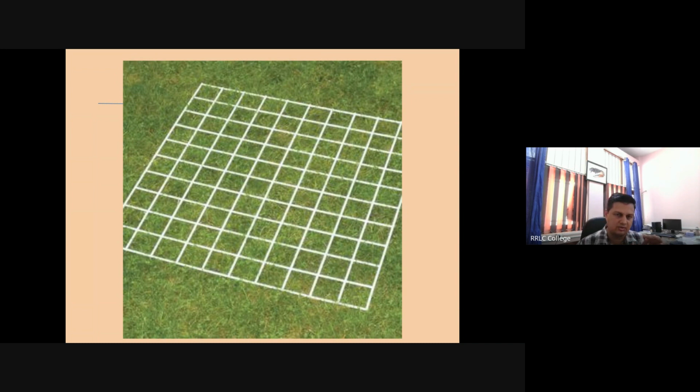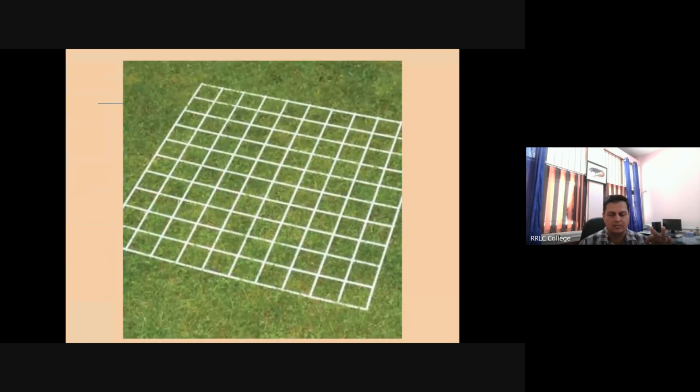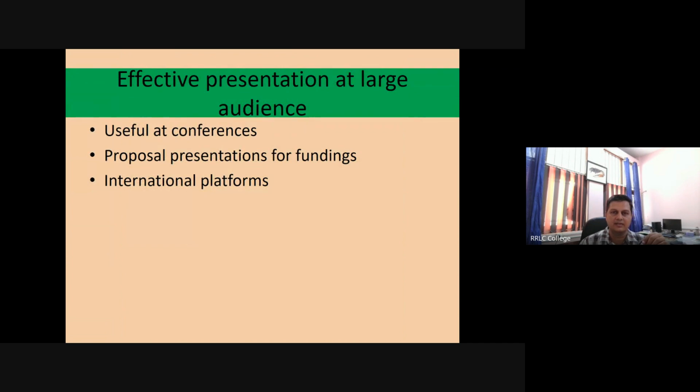So here we may use grid sampling, and you can justify it in your method: although the reference says to use meters, looking at my field condition I have used this kind of method.